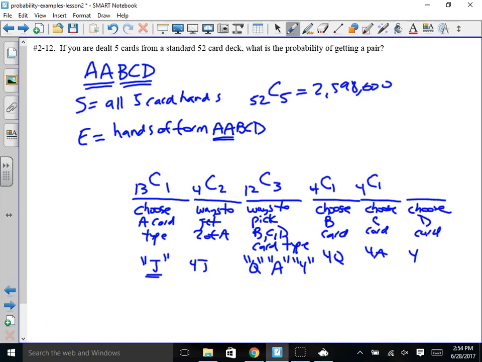So out of the 4 4s, we have to choose one of them. And then we would multiply all of those numbers. So rather than show that in the calculator, I'm going to go ahead and show what that turns out to be. If you do 13 combination 1 times 4 combination 2 times 12 combination 3 times 4 combination 1 times 4 combination 1 times 4 combination 1, that turns out to equal, let's see, I could fill these in. The whole thing turns out to be